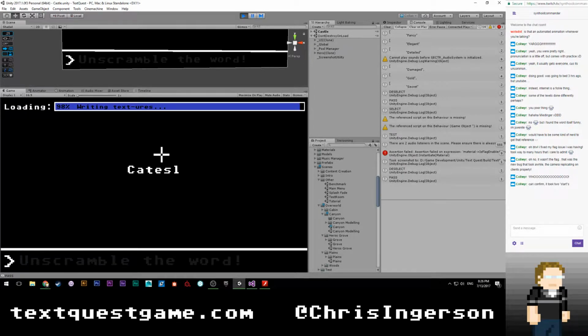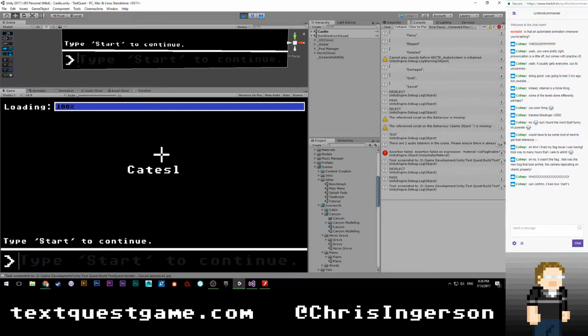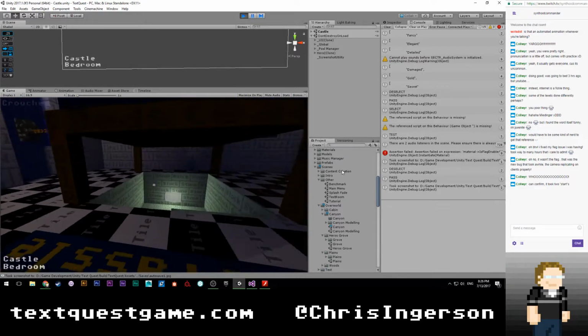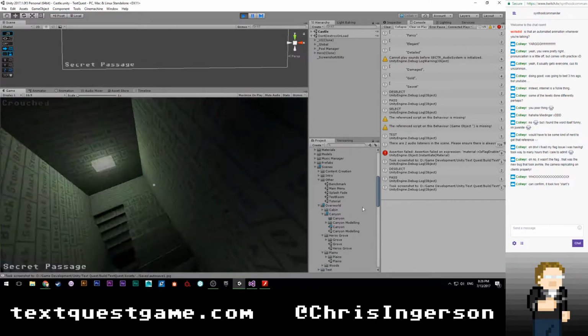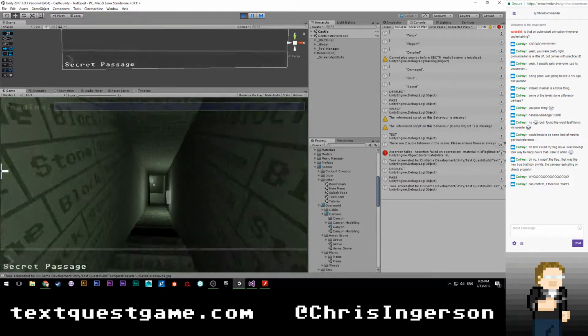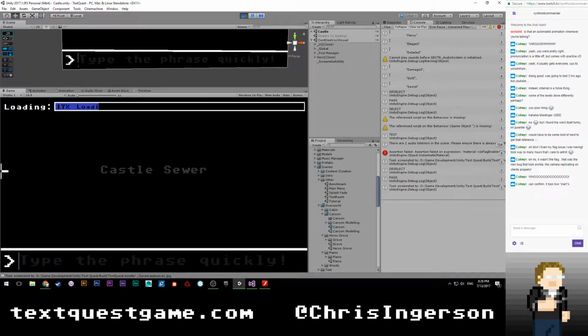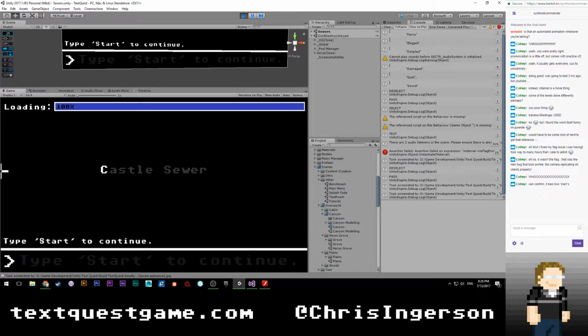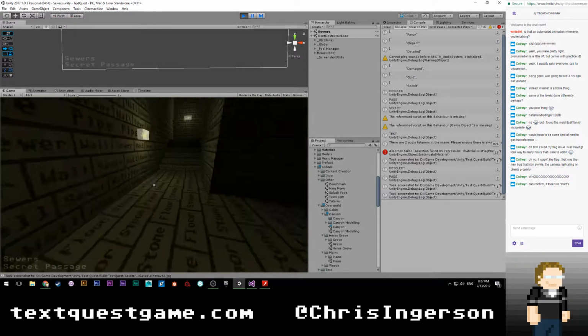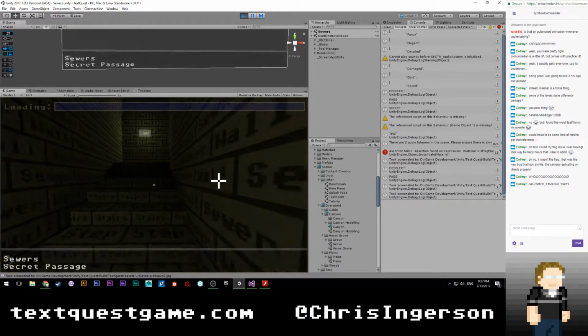Oh yeah, so that's what happened. I typed start and hit enter and nothing happened. That's because it was still loading textures. So does that mean that... am I just doing it because I'm not paying attention to my own instructions, or does it actually tell me to type start before it's ready? No, it doesn't. Okay. Yeah, I think it was just me not paying attention to my own instructions.